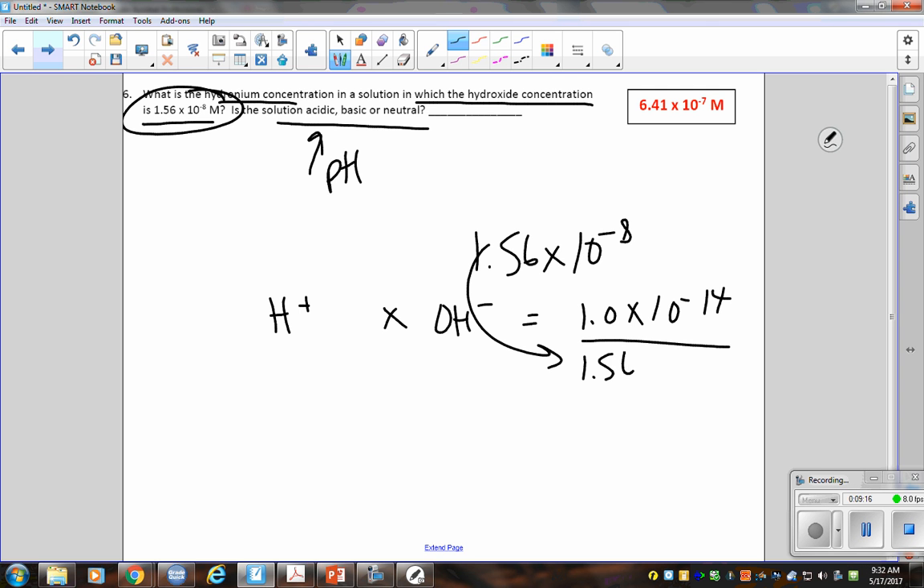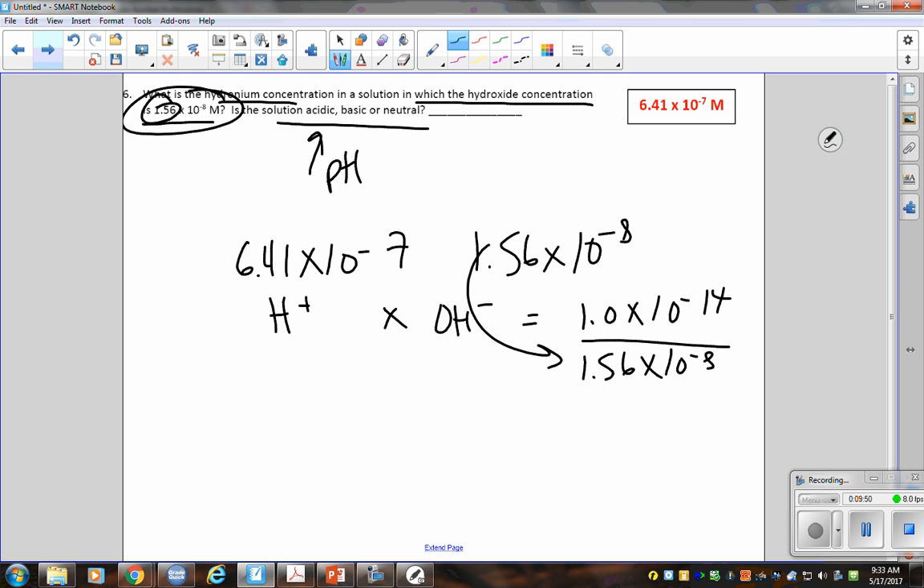So I'm going to go 1.0 E negative 14 divided by 1.56 E negative 8. I end up getting, wait for it. Caramba, I just erased it. So I get 1.0 times 10 to the negative 14th divided by 1.56 E negative 8. Remember I started with 3 sig figs, so across the top it stays the same, 6.41 times 10 to the negative 7. That doesn't give me pH because